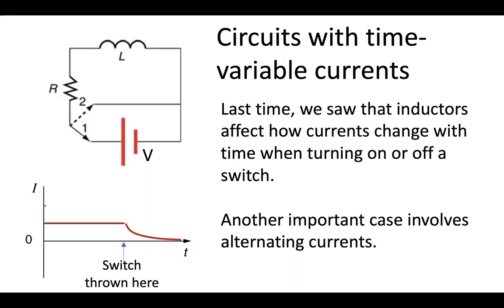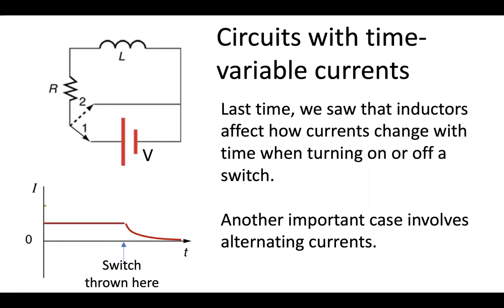Last time we talked a little bit about how inductors affect how currents can change with time, specifically in the case where you throw a switch which turns a current on or off, and that if you have an inductor in the circuit, which you almost always do, the current doesn't just stop automatically, it takes some time to change. This is one example of a time variable current, but there's another one which we often want to consider